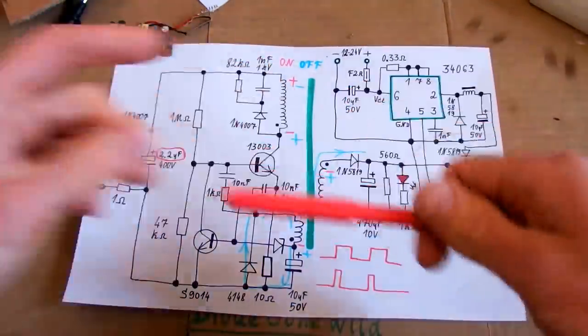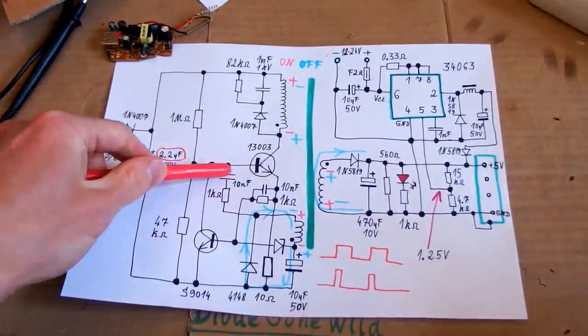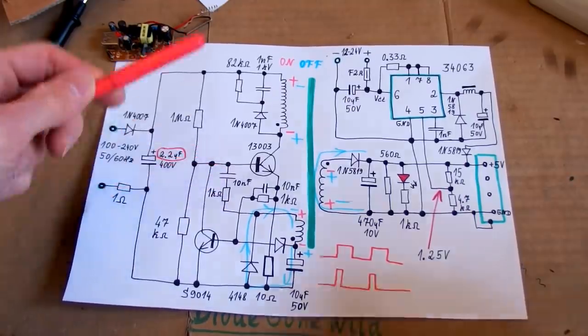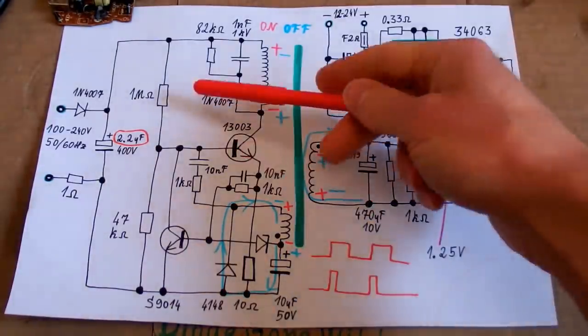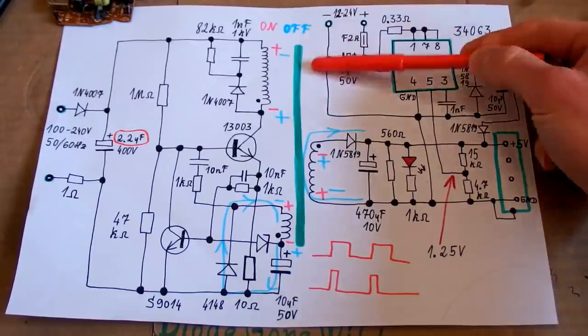And maybe also this current sensing resistor could have been a lower resistance, and this base resistor a lower resistance, and this capacitor a higher capacity, to get a higher current here. So this is the mains power supply section, and now let's take a look at the car power supply section,